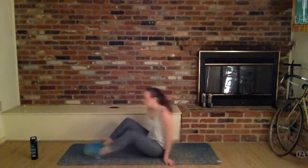All right, we've got one more core exercise. Then we're just gonna finish with a little bit of butt stuff, okay? So one last core exercise. We're gonna do 45 seconds of that beautiful hamstring exercise, this split leg pull. So I'm gonna lay back, extend those legs out, one up, either grab up here or down here, and switch,